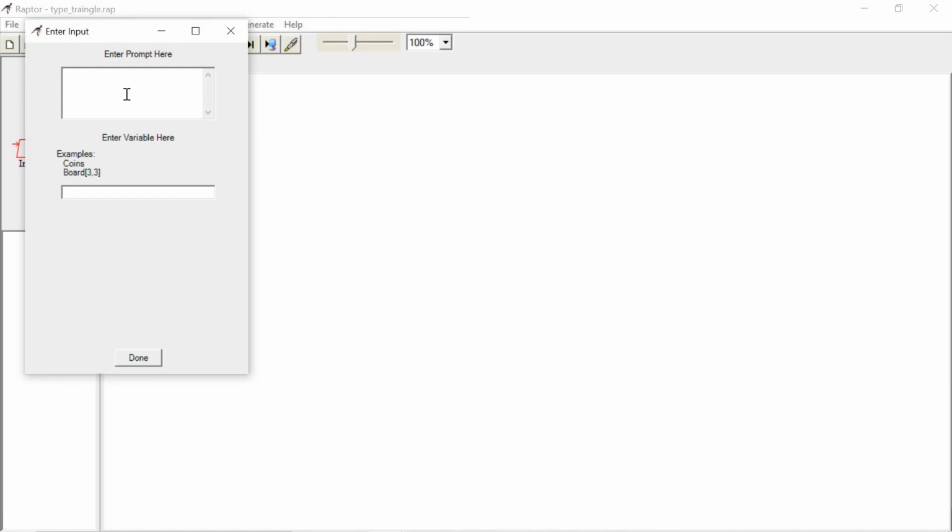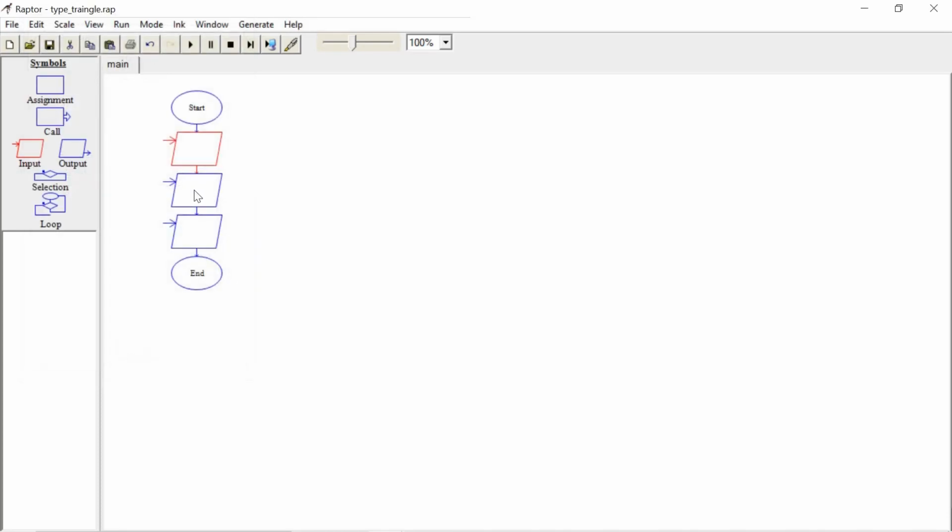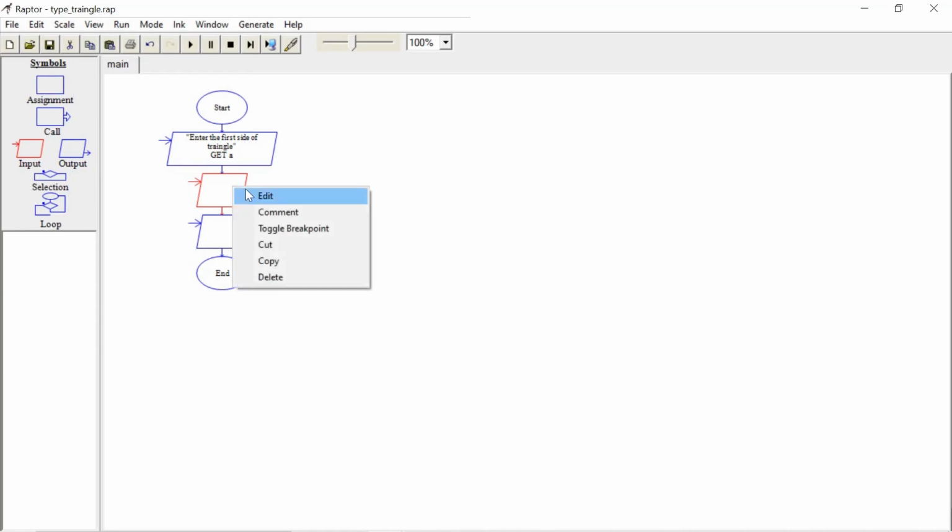Enter the text like, enter the first side of the triangle. So here we need to enter the variable. Just simply enter A. Done. Go to the second input, right click, click on edit.